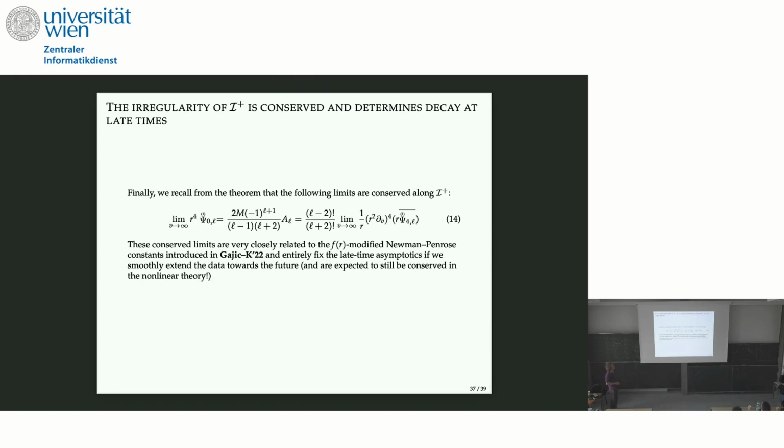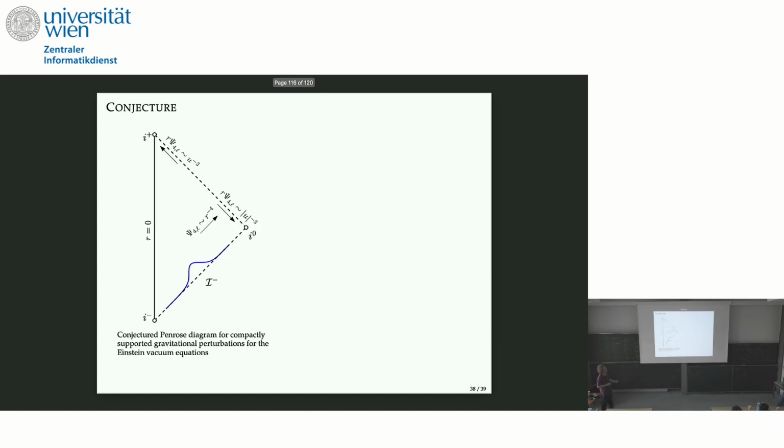A short one. Well, finally, I want to just mention that I told you in the theorem that this limit of r to the 4 psi naught is conserved along scri plus. This is actually a very remarkable thing because all my computations were only in the far past, but now I found a conserved quantity along scri plus, namely this limit. And it turns out that this conserved quantity along scri plus will completely determine what happens at late times. So the physical picture is that if I have this r to the minus 4 decay towards future infinity,